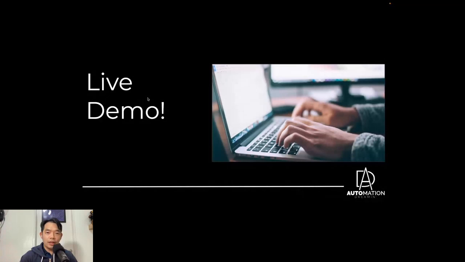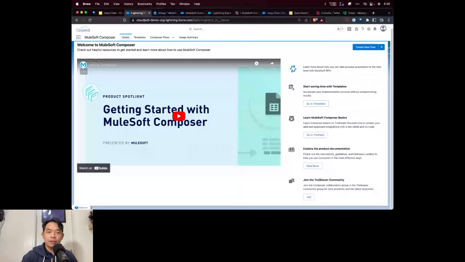So today I'll be talking about what is Composer and how we can actually easily create a sample flow. So after installing MuleSoft Composer, this is what you'll see within your org. One thing to take note, there is no sandbox in Composer. So this is something that